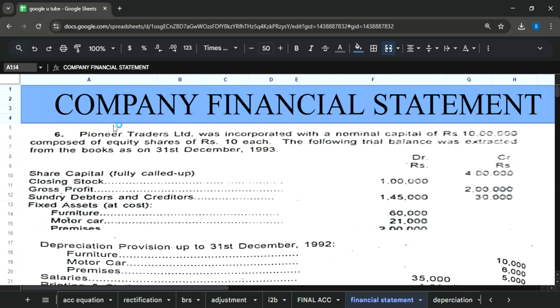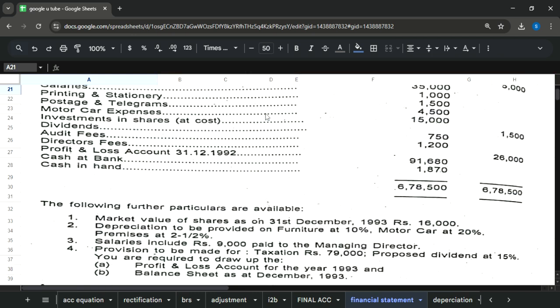Today's target is to solve question number 6. The chapter which we are related with is financial statement with special reference to company. So we are making financial statements for an organization which is acting as a corporate organization where it is limited by the shares. So company financial statement is a bit different to simple financial statement, as it was earlier informed